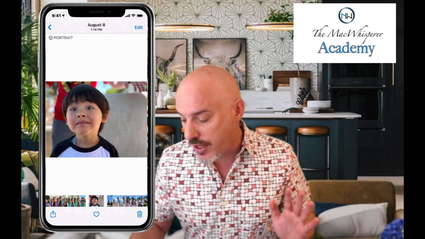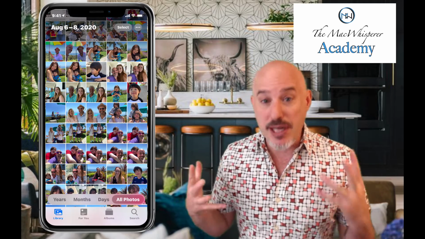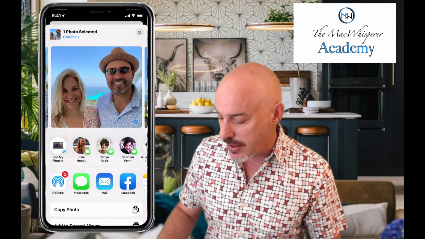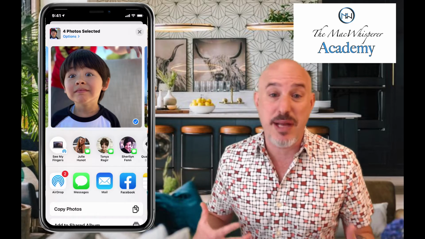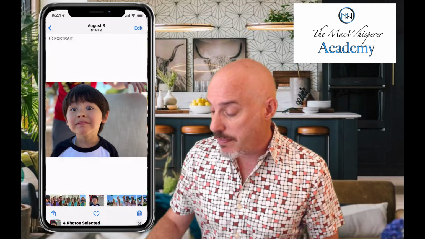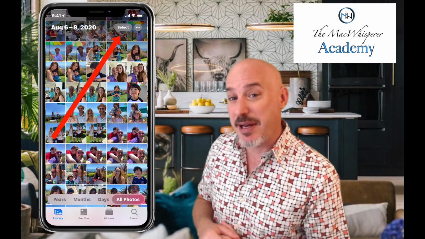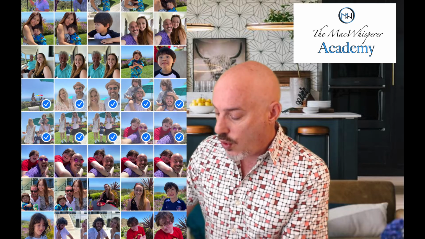But let's look at one other thing before we send this. One of the problems people have is wanting to send a bunch of pictures at the same time. And from this view, even though I can click the share button and I can come over here and I can click 1, 2, 3, I'm not really going to be able to send a bunch of pictures. There's a better way to do that. When you're on this view here, click the select button in the upper right corner like this. Once you've done that, you can run your finger right along any of these pictures or click them one at a time like this, and in that way you can gather a much larger group of pictures